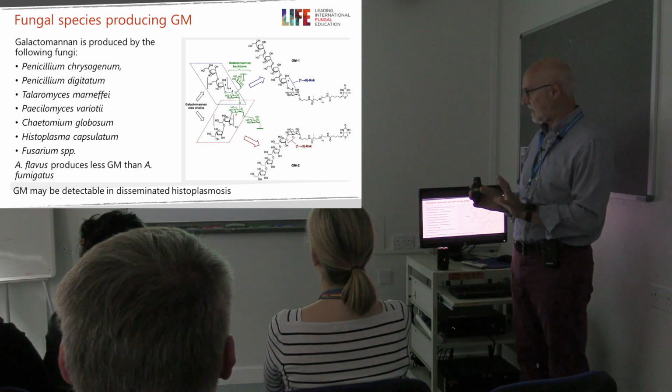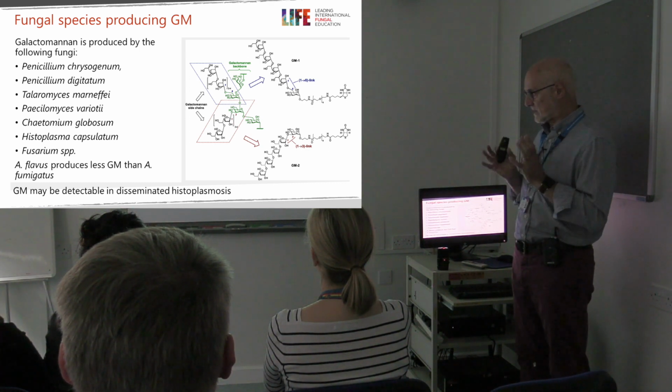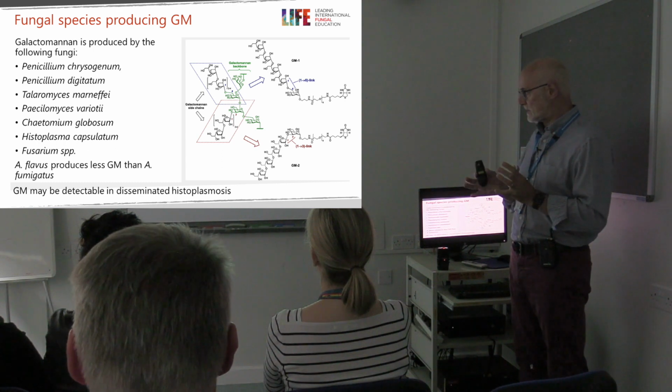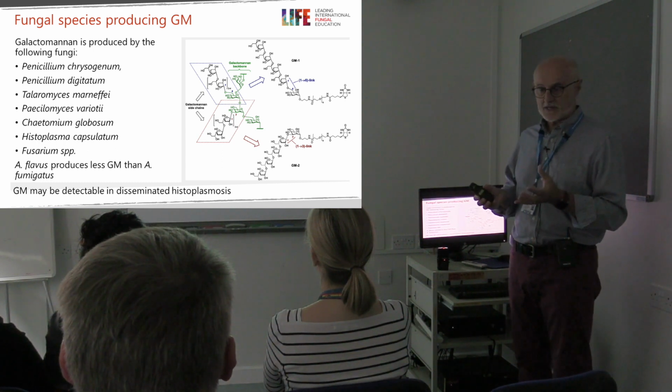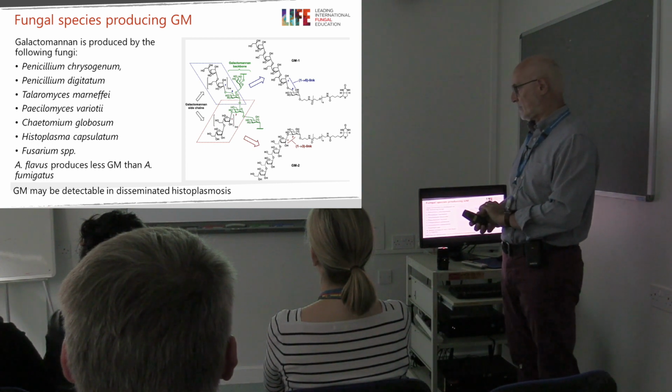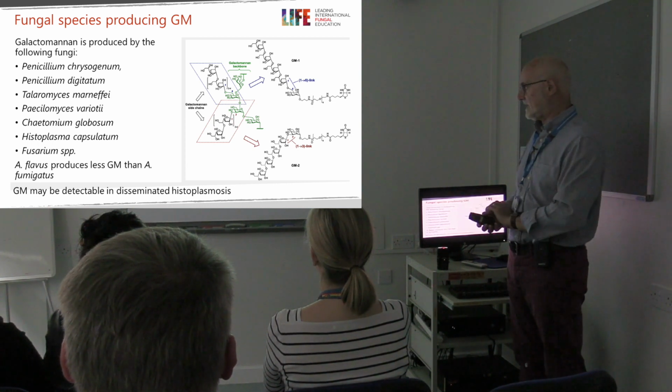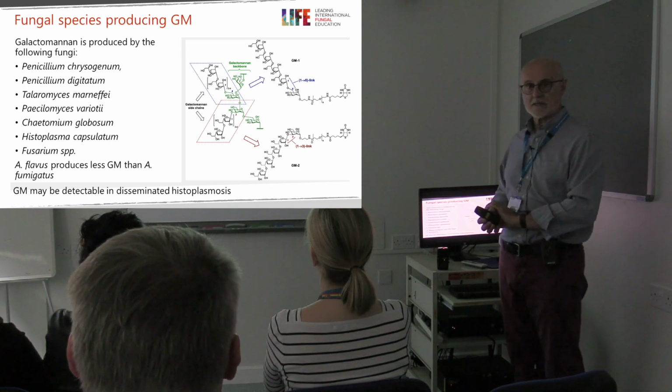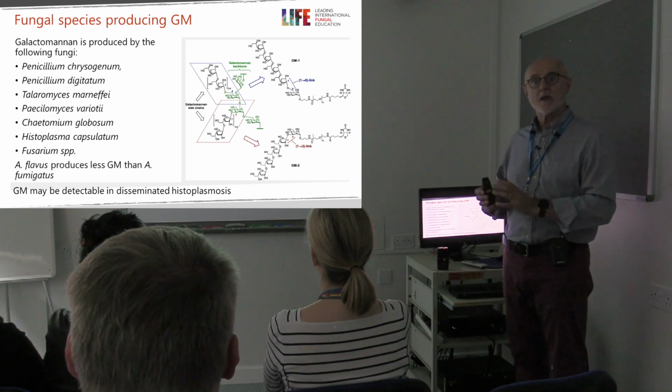So just bear that in mind. This is not specific to Aspergillus or Aspergillus species, and we know, for example, surprisingly, that Aspergillus flavus produces less Galactomannan than Aspergillus fumigatus. And as we've said already, it can be detected in disseminated histoplasmosis, but that's the topic